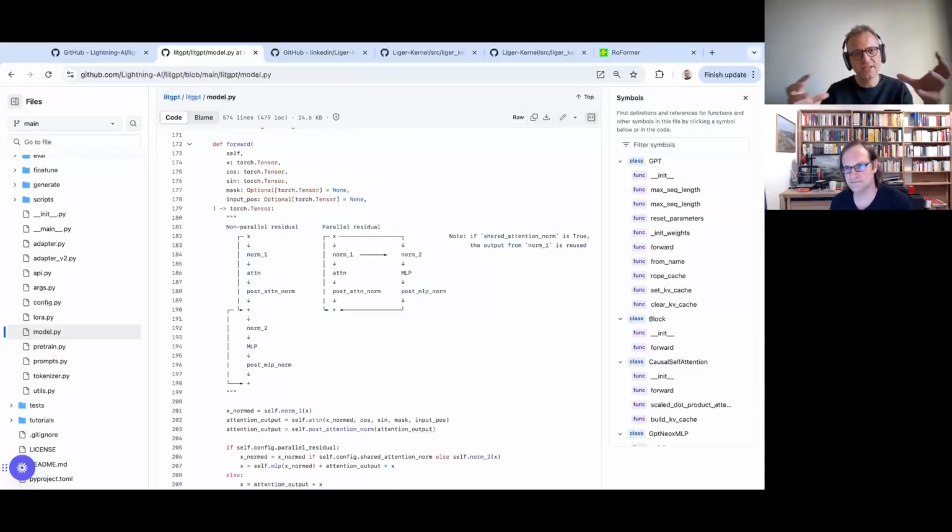But the way things are laid out, like for example, the way we store KV, KQV, it's a bit different from Hugging Face transformers. So now the exercise is, can we use Thunder to acquire whatever LitGPT does and then apply the Liger kernels on top of it just as a transformation? And so that will be the adventure for today. That would be fun. Yes.